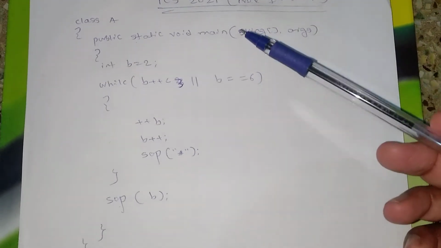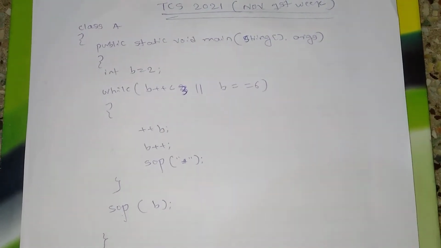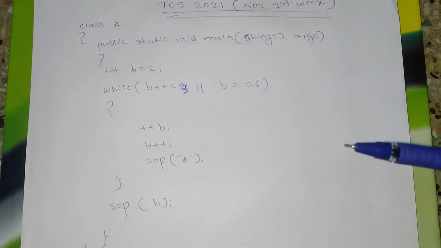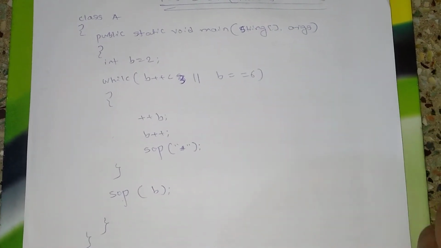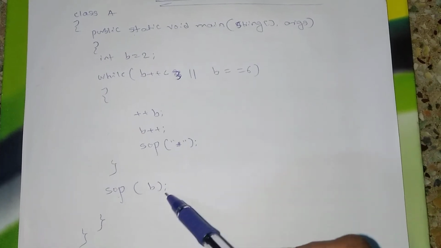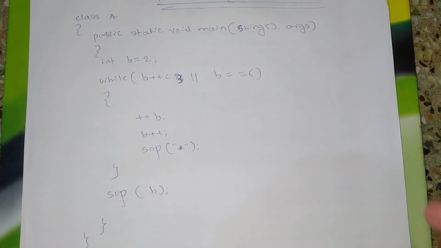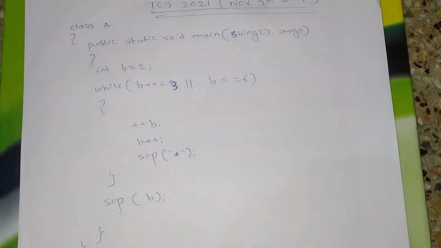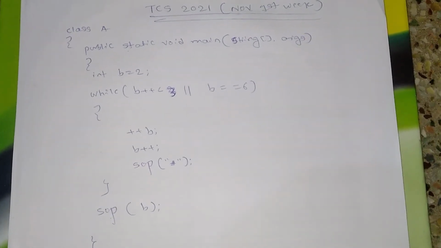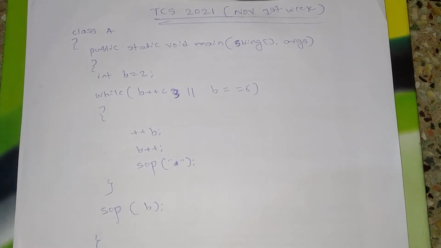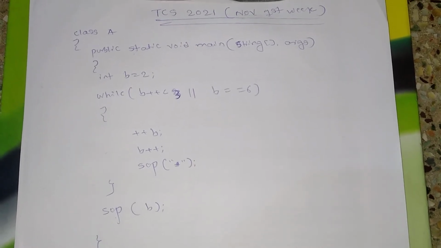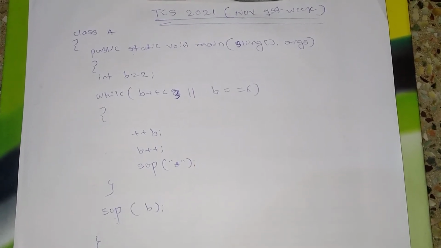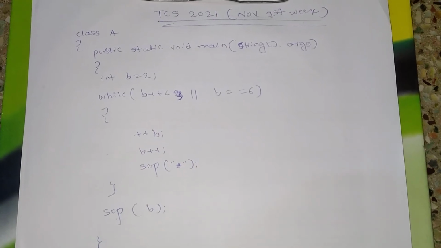So they have given this code snippet. They displayed it on the screen and basically they are asking how many times the star has been printed and what will be the final value of B. This question was a bit tricky and simple also. You just use your common sense here, then the unary operators, pre-increment and post-increment, those kinds of things are applied. So let us solve this one, guys.